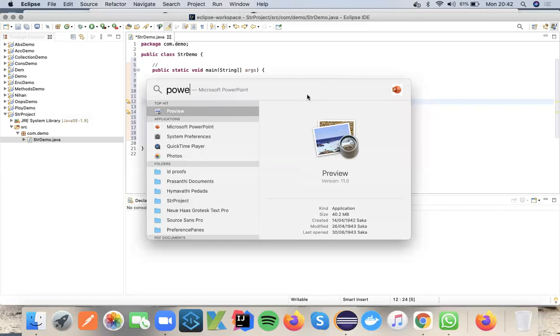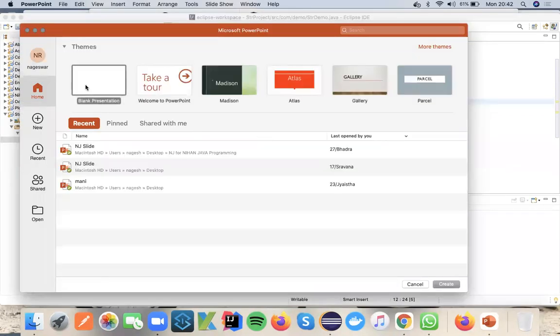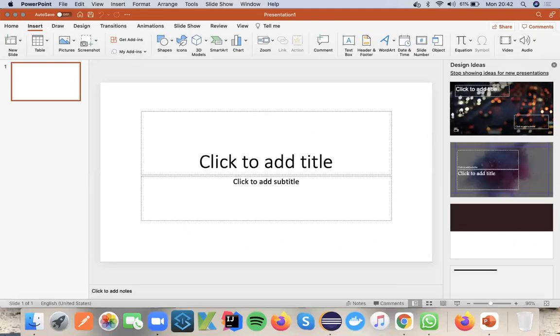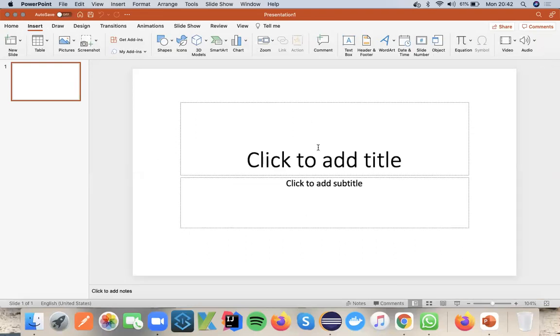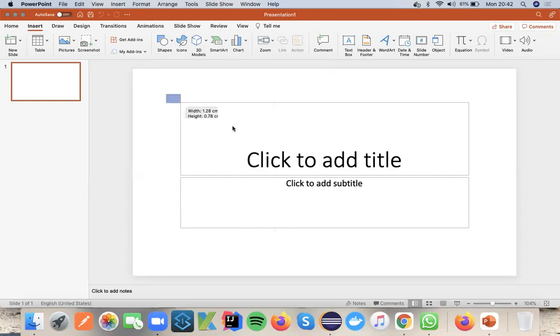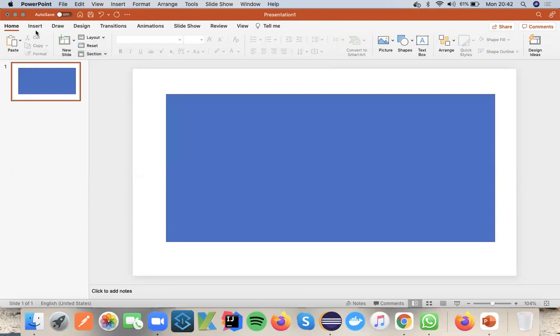Let me create a new PPT and insert a simple diagram so that you will understand better. Let me add the shape here, and add one more.